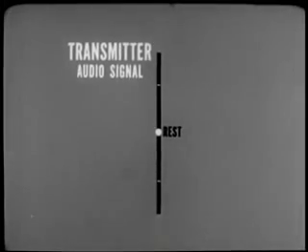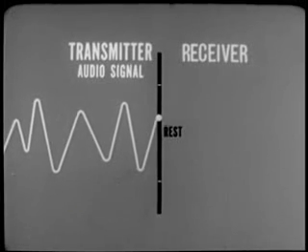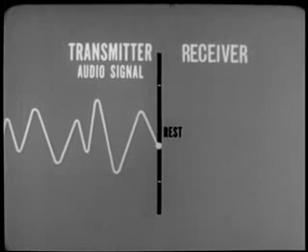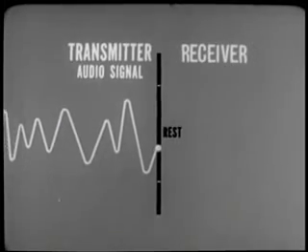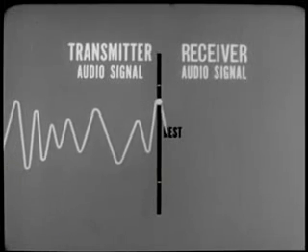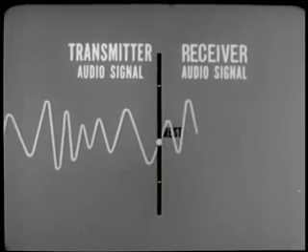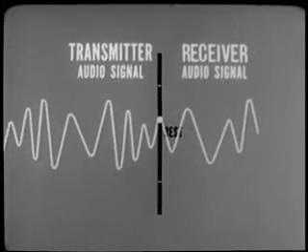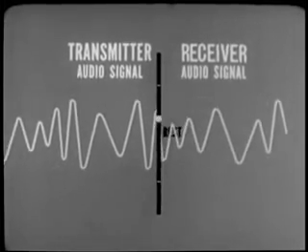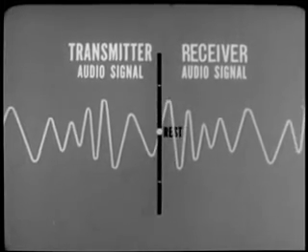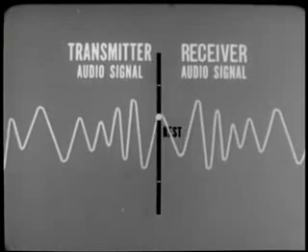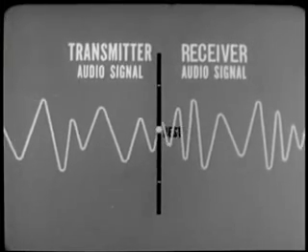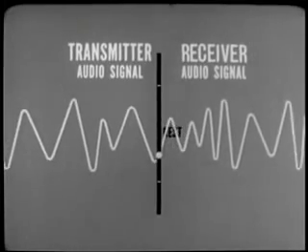The transmitter audio signal shown here modulates the carrier frequency. The audio signal causes the frequency to go above and below rest. This same FM signal arrives at the receiver, has its peaks clipped by the limiter, and its frequency variations changed to an audio frequency signal, as shown by the receiver audio signal. Note that the receiver audio is an exact replica of the transmitter audio signal, free of interference. The FM principle of radio communication demonstrated here is a practical, useful technique. It has made FM radio equipment an important part of the Army's overall communication picture.